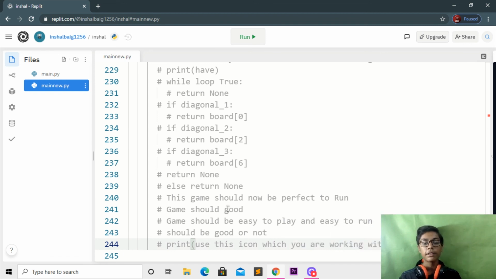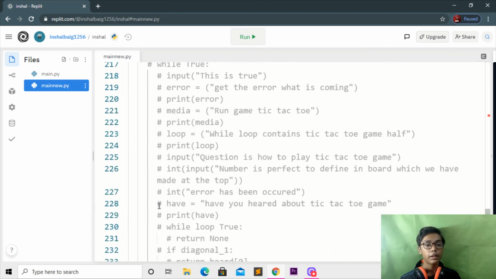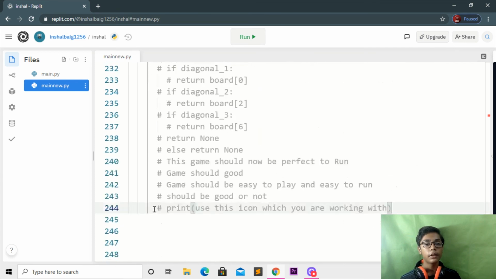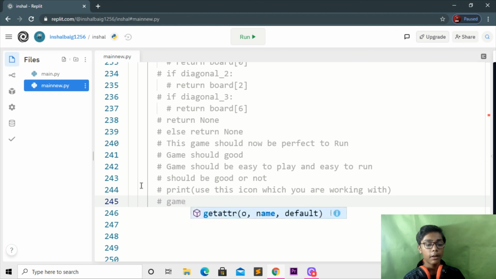When you've done that, you can save by pressing the save button. Then I'll go to the top, and you can see we are getting these things here, and it's perfect. Then I'll come underneath and change this to a hashtag, go forward, and write a game is